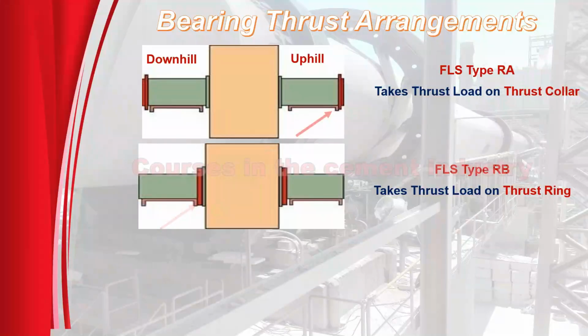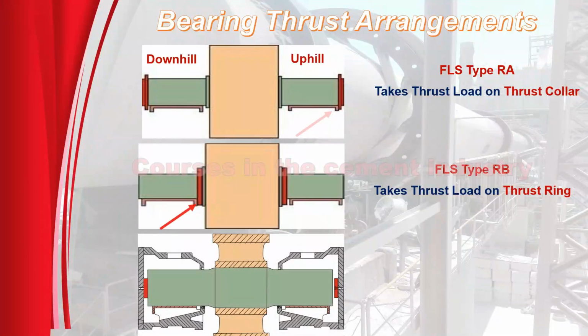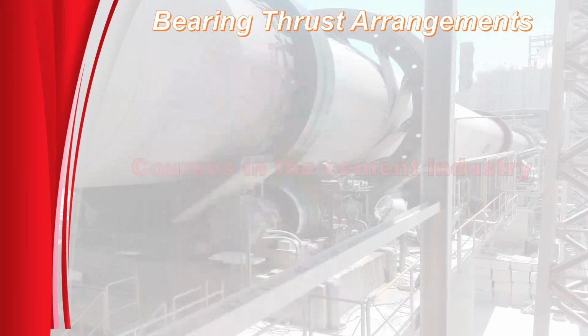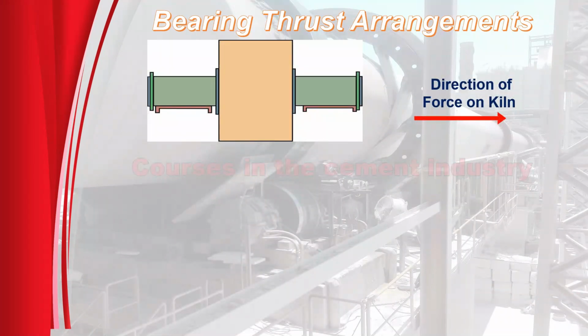As shown in this figure, supporting rollers, Fuller, take thrust load on the thrust washer. If the direction of force on the kiln is as shown in this figure,